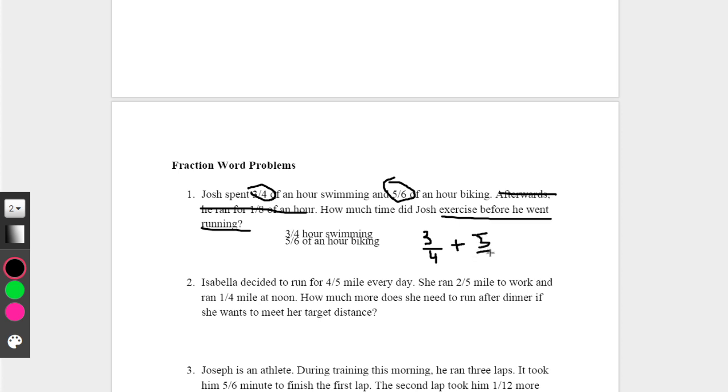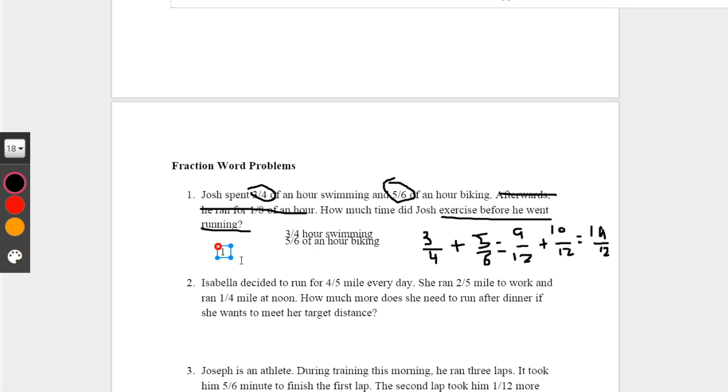Sorry for the messiness. It's really hard to write on a mouse. Alright. You cannot add these directly, so we need a common number these two can be multiplied into, which is 12. In order to get 12 from 4, you have to multiply it by 3. So 3 times 3 equals 9. And in order to get 12 from 6, you need to multiply it by 2. So you get 10/12. And in the end, you get 19/12, which you can simplify into